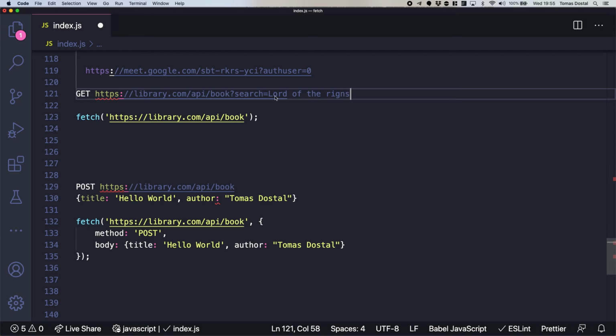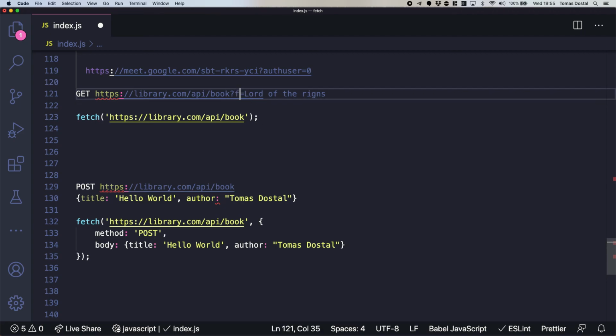This way you can still give some instructions or some data to the server. But it shouldn't be used for anything that you want to actually save into the database. This is only to give more instructions to the server.